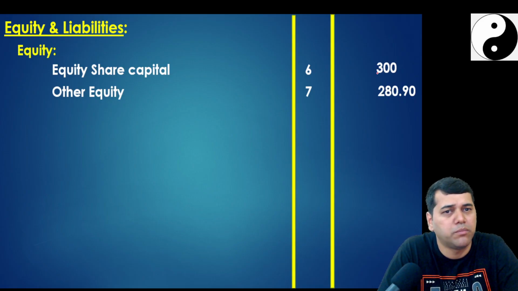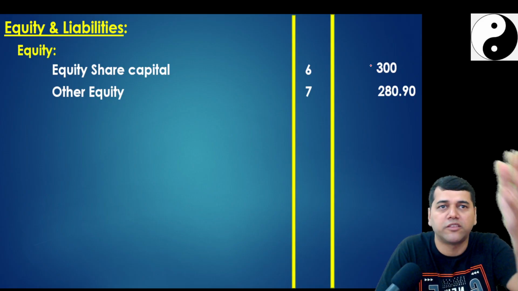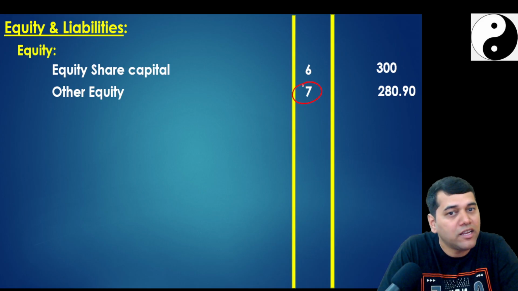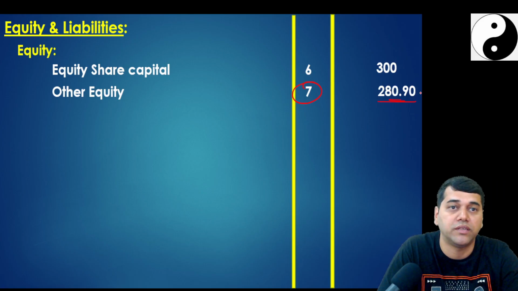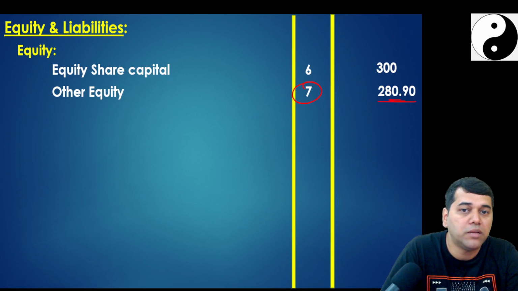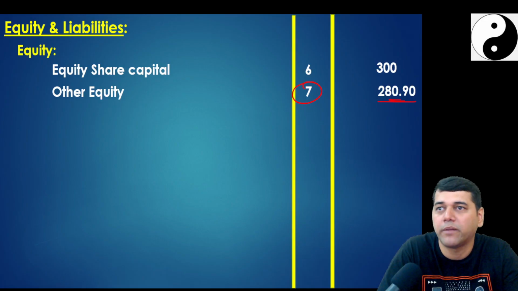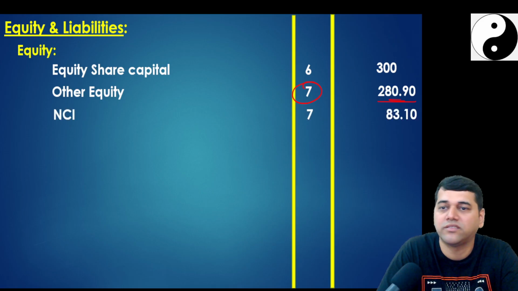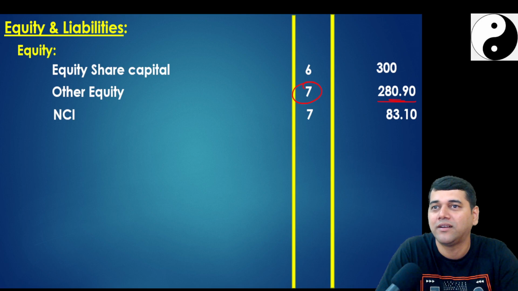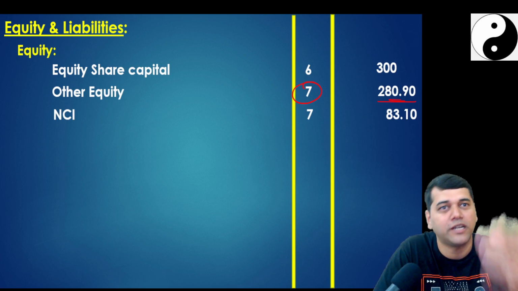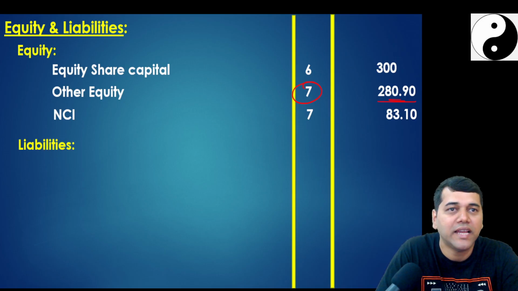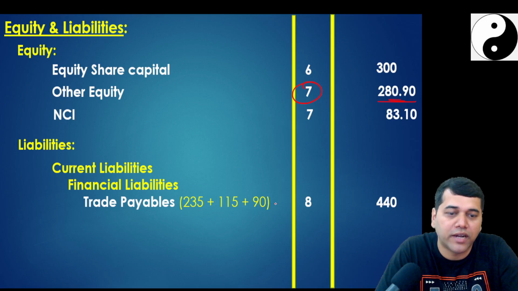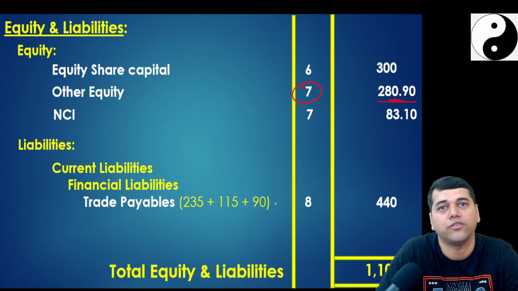I'll write now note number 6. We'll create one at opening balance plus reserve. Other equity, I'll write here note number 7, but I'll put my balance, working of my balance, 280. Because note number 7 is one presentation in a very odd manner. Worst case, leave. Don't expect only. If the evaluator gives marks, well and good. Others always say, assume that a 15-mark question, you are attempting in 14 marks only. NCI 83. Other liabilities also you'll write like this. So you get balance of 110.